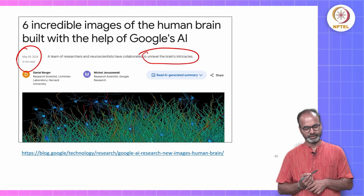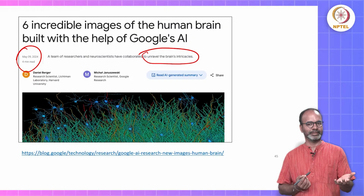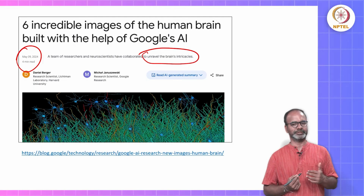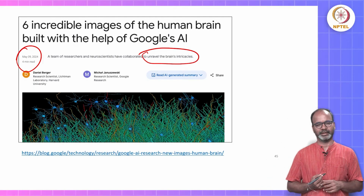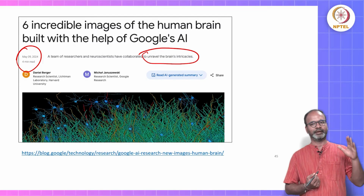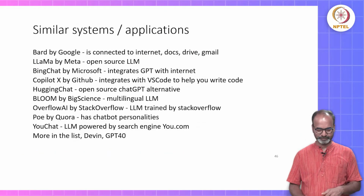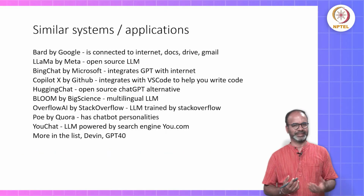A team of researchers and neuroscientists have collaborated to unravel the brain's intricacies. Please take a look at these links. I think in the live sessions we can also look at some of these links and discuss them. Right. The intent here is to say that these capabilities have penetrated into different verticals. These are some examples of